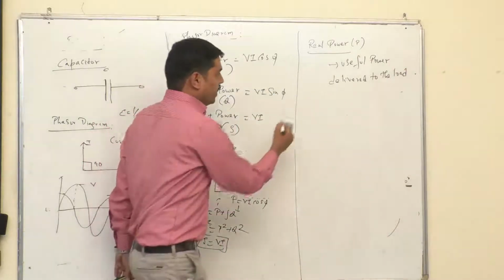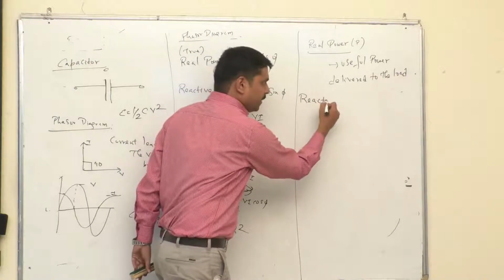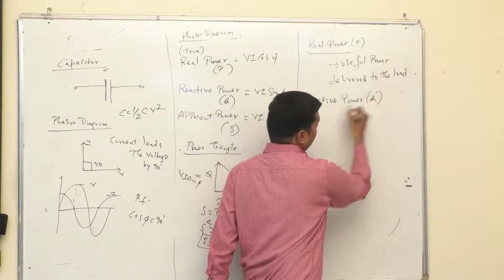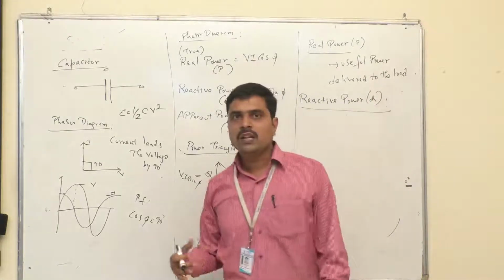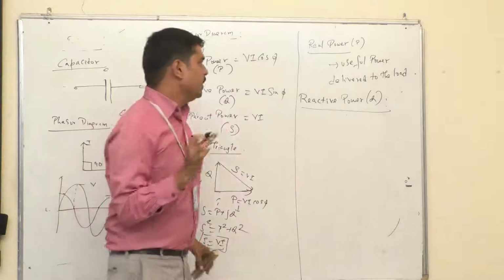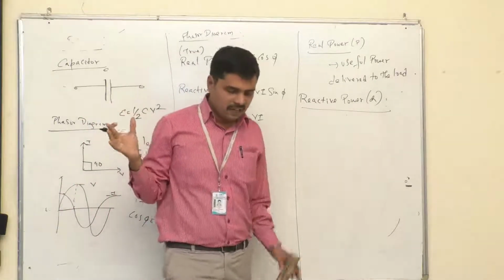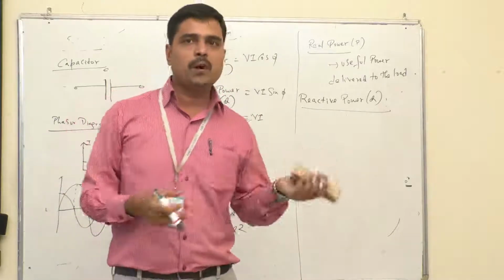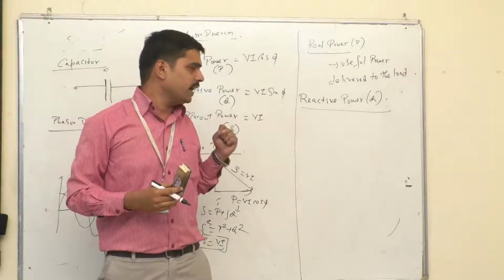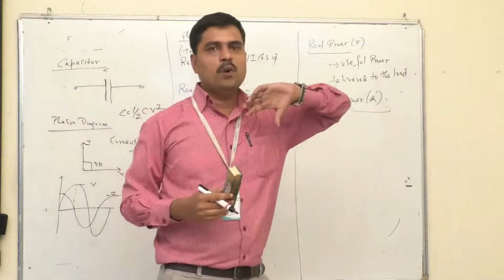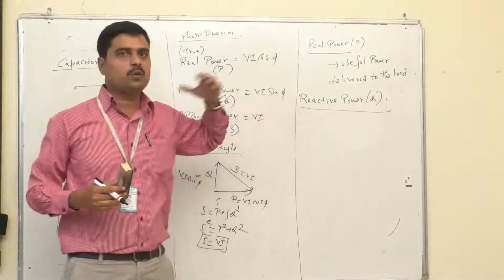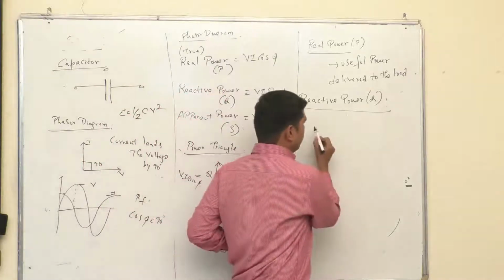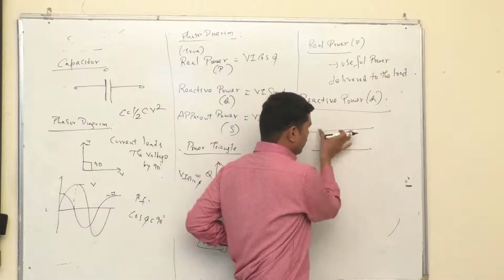Then next we will go for reactive power. This is quite difficult to understand, but let's try. Reactive means we are creating something opposite. If you take India, every system is grid connected. On the grid, there are solar power plants, thermal power plants, and so many other power plants, all grid connected. We are sending voltage from one area to another through transmission lines.